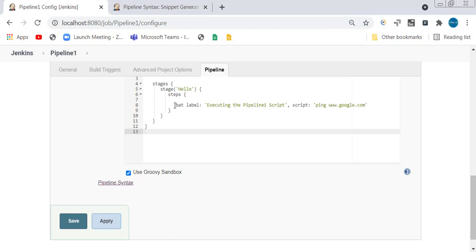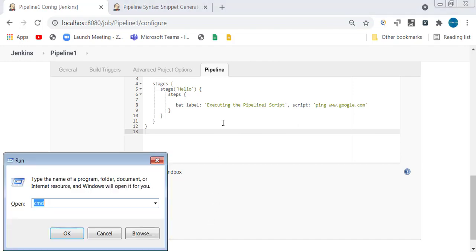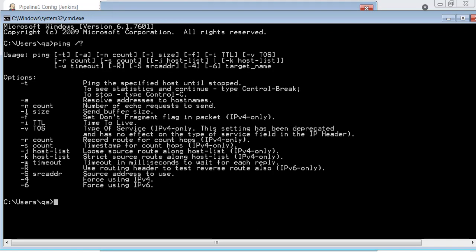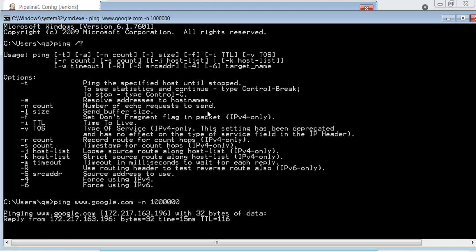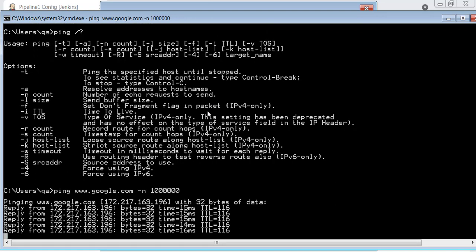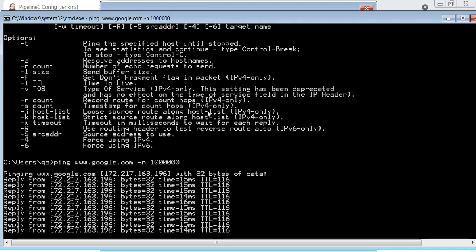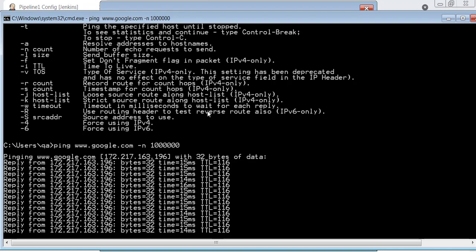So for that, what we can do is now let's try to understand the command what we are going to use. So open command line. So ping. Let's try to get the help of the ping. You can see here -n the count, number of echo requests to send. Suppose for example, I say google.com, I mention as -n, so it's keep on executing for a long time, right? So we can try this command because it will keep this job for a duration of some more than 5 seconds or 10 seconds. Then we can replicate our scenario as well, right? So let's do that right now.